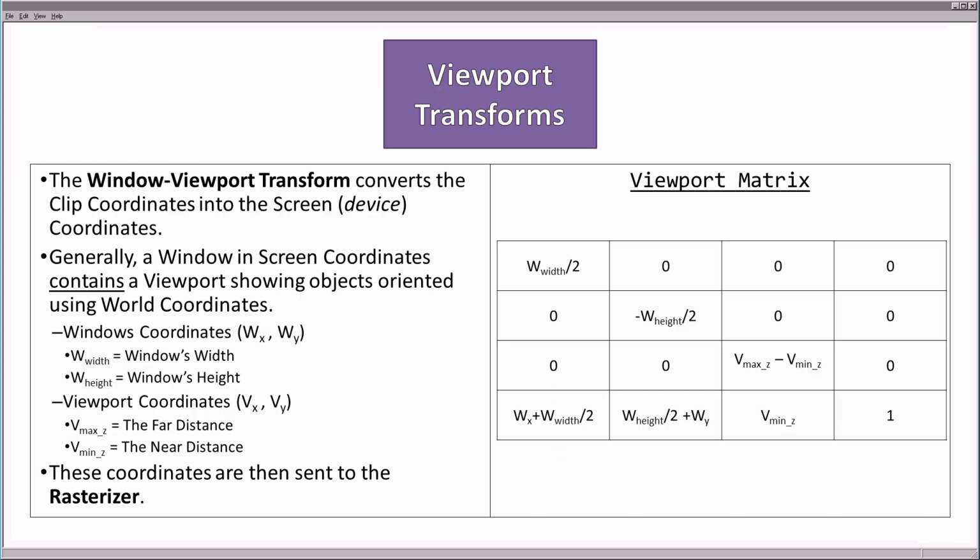Finally, the window viewport transform converts the clip coordinates into screen or device coordinates. Generally, a window in screen coordinates contains a viewport showing an object oriented using world coordinates. The world coordinates being wx, wy, which would also have the properties w width, w height. The viewport coordinates vx, vy, and also has the properties vmax z, vmin z. These correspond to the far and the near distances. These coordinates are then sent to the